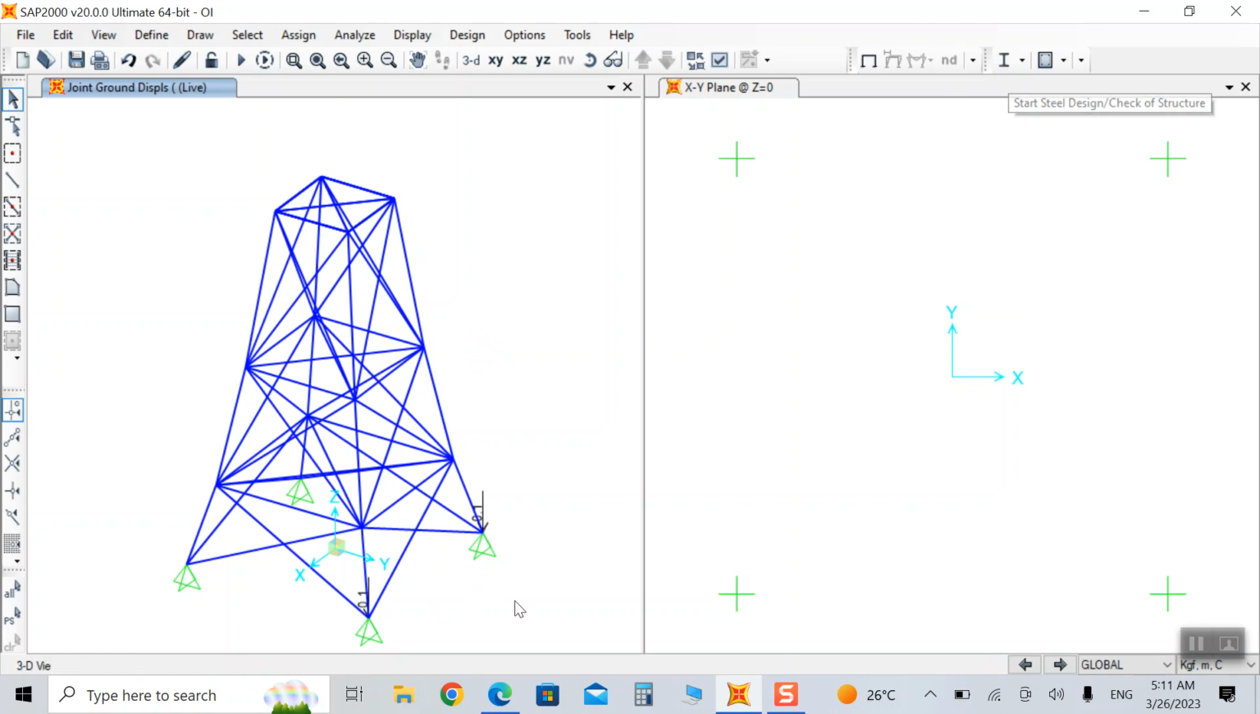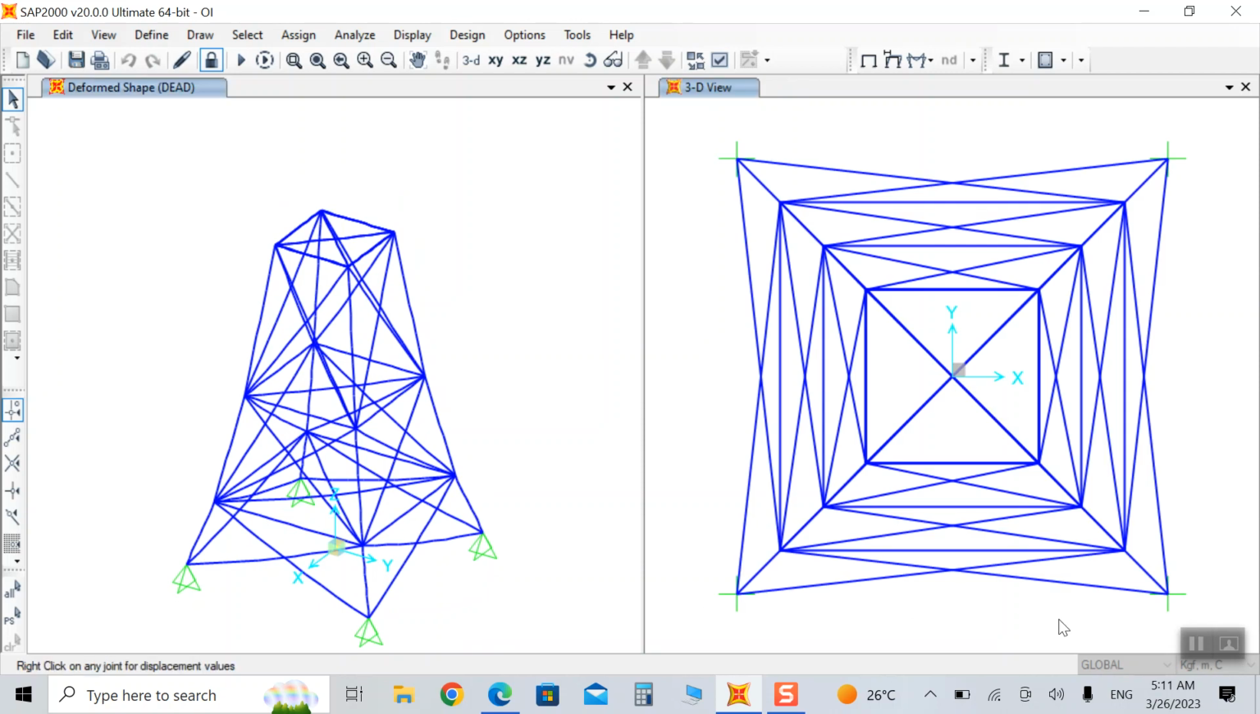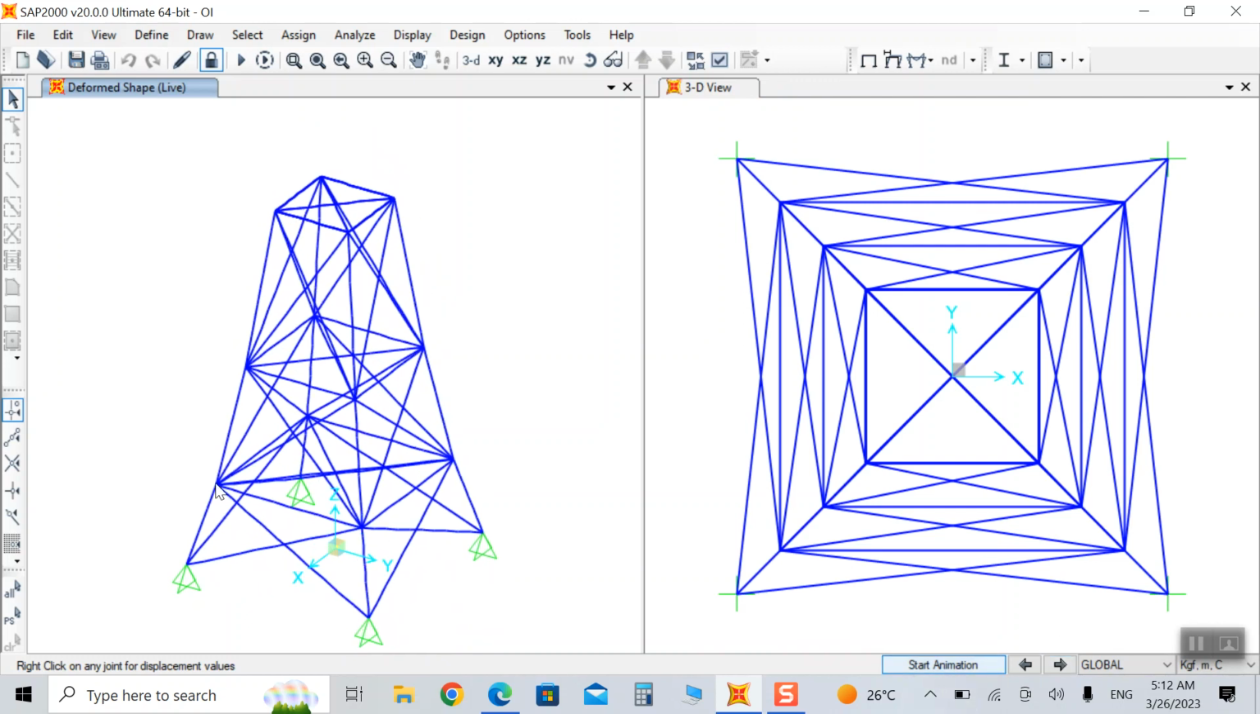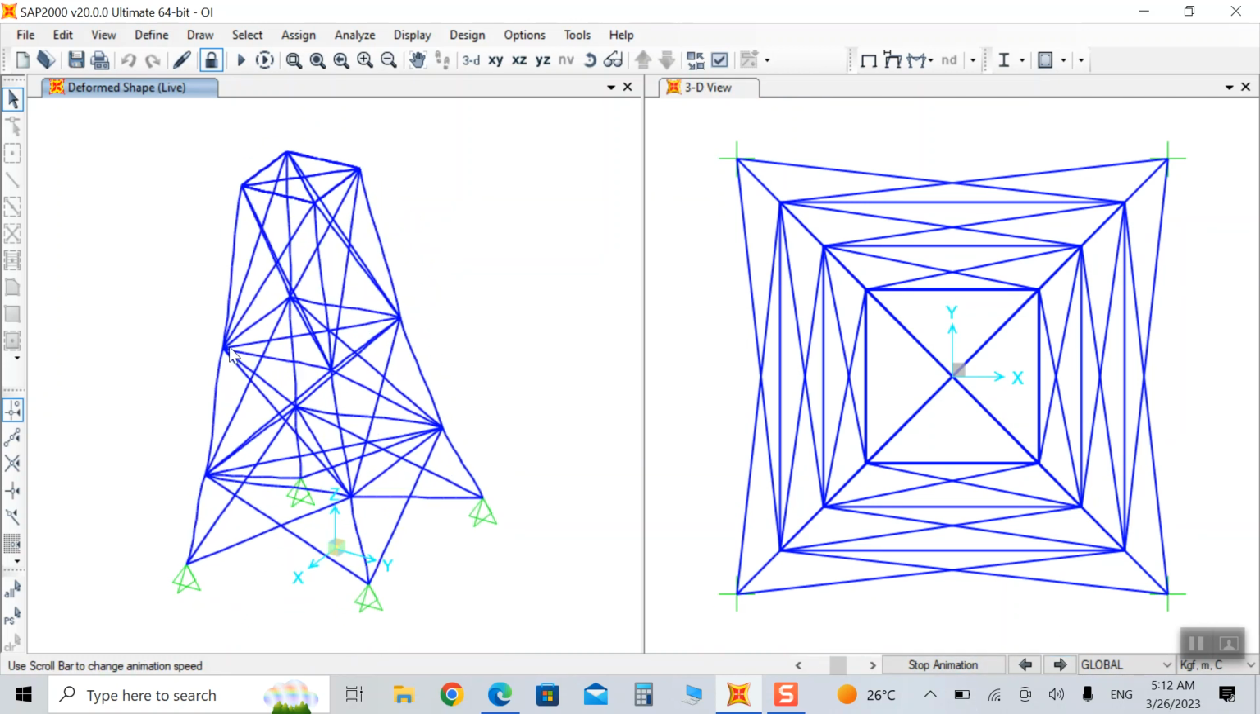now I will show you what the displacement would be. The displacement will not occur according to dead load. Okay, but if we change the load according to live load, now see here we have a displacement of 10 centimeter. Now design,